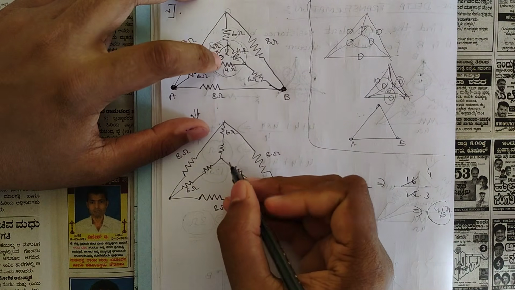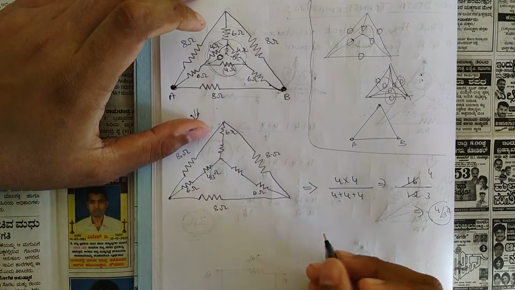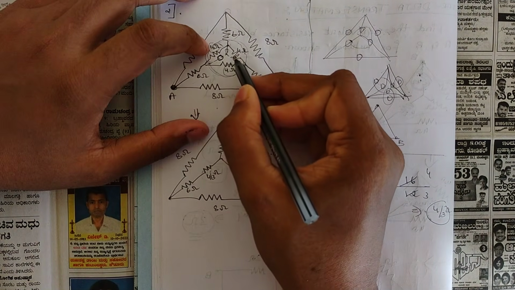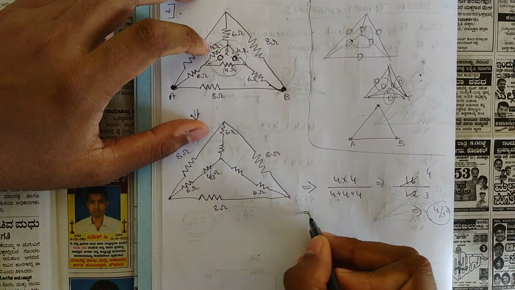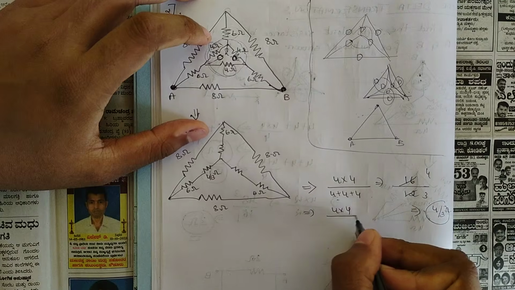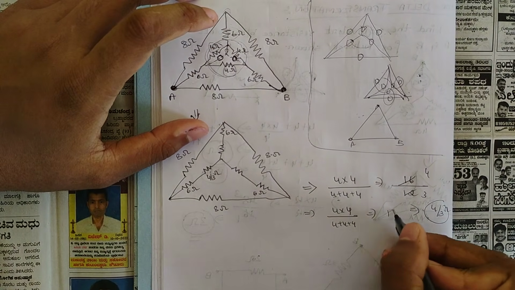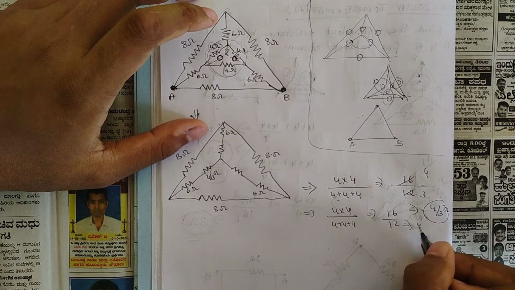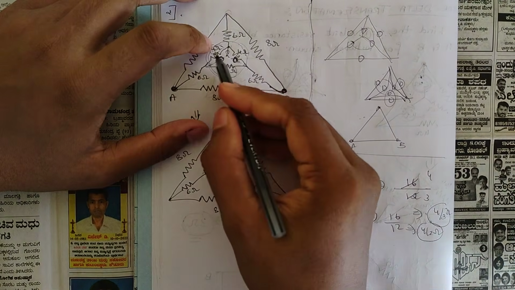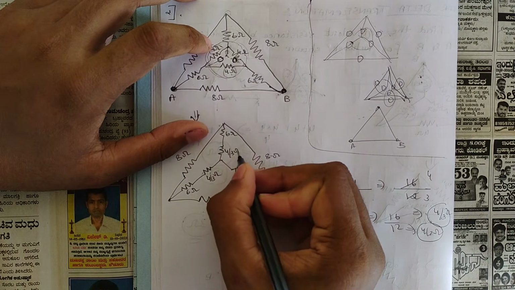So in place of here, we should be writing our value now as 4 by 3 ohm. Similarly, in order to find this also, the same thing again, you should be doing opposite resistances, product of that: 4 into 4 divided by sum of total, 4 plus 4 plus 4. That is equal to again 16 by 12, 4 by 3 again. Since all the values here are the same, all these resistance values would be 4 by 3